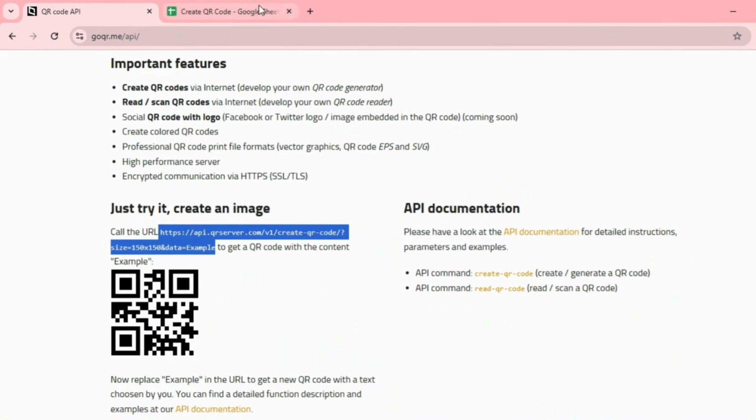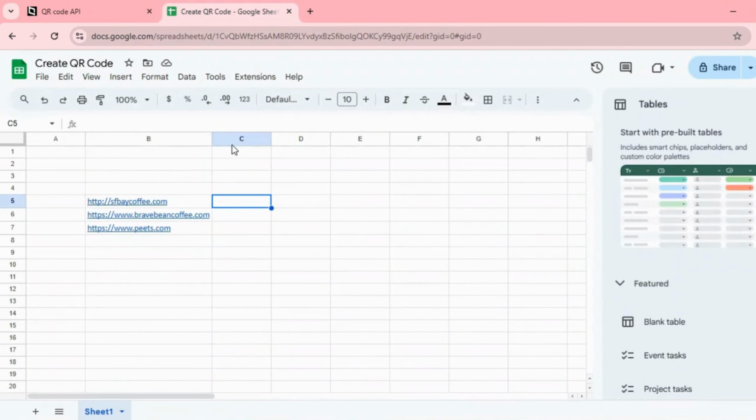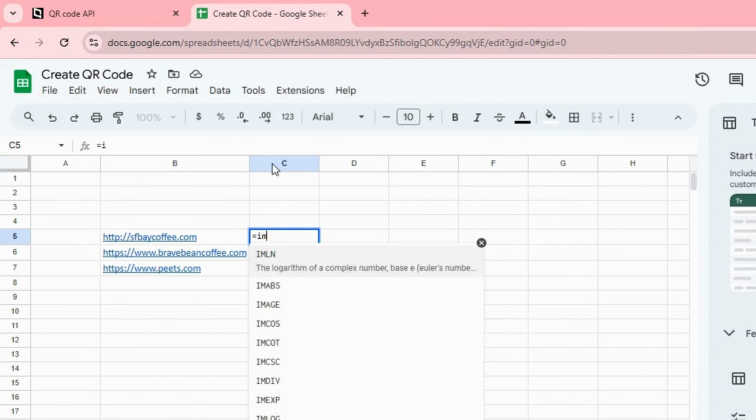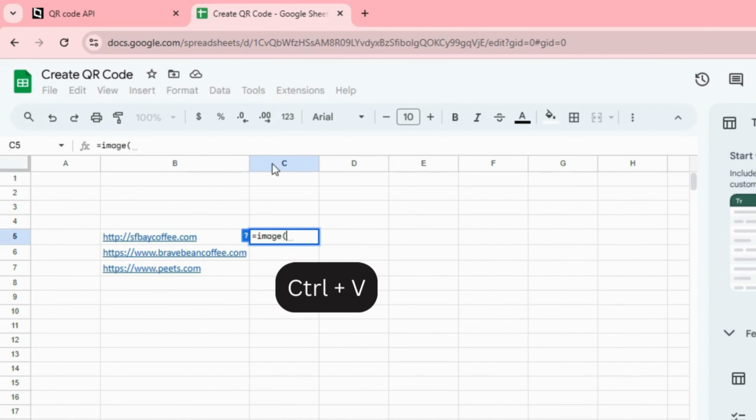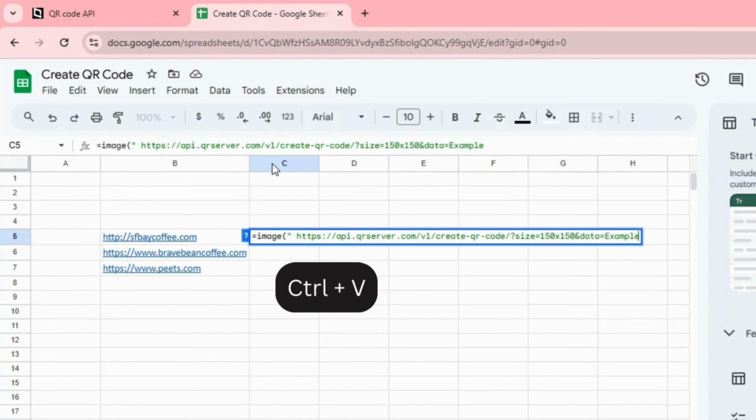Now let's switch back to Google Sheets and start with our function. The function is the image function. Then paste the URL that we copied before. This is QR size including width and height. And this is data to encode. So if you were just creating a one-time QR code, I can just hard code this inside the formula. So I'm just going to type in